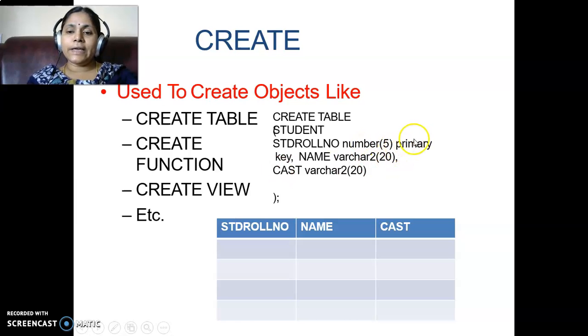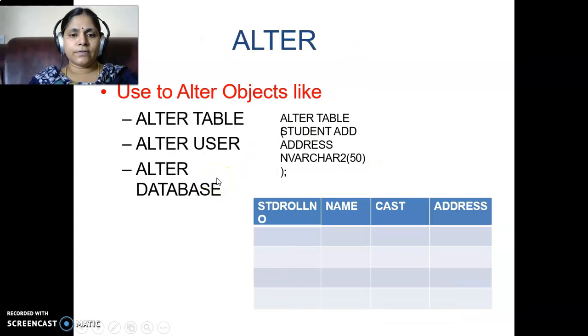This is the key constraint, which I will be explaining in the next videos. The next attribute is name, which is of varchar. These data types I will also explain in later videos. And cast is the third attribute. So, in this table student, we have three attributes: student roll number, name and cast. This is how we create the table.